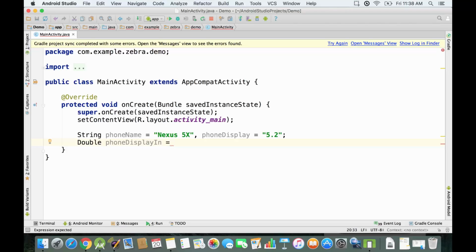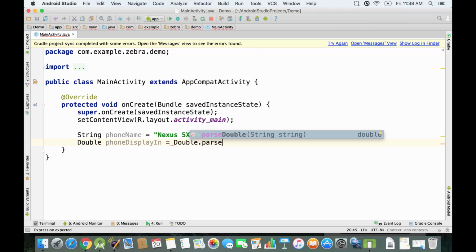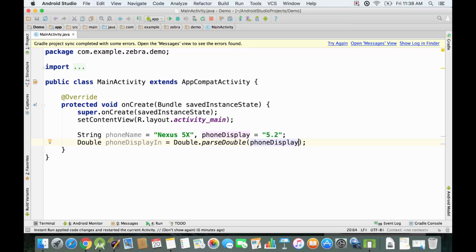it's just gonna be equal to double, and we're gonna use the method parse double. So basically, as you see over here, it's gonna read it as a double, whatever is gonna be the parameter that we pass as a string. So we're gonna pass the string, which is phone display right here, and we're gonna have the numeric value of the phone display in inches, and we also will need the phone display in centimeters for those who use the metric system. So that's why we're gonna do phone display